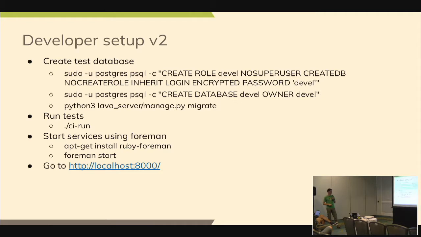You should be able to run the CI directly, and then you can use a project called Foreman, and it will start the server locally, and it will listen on localhost 8000, and you will have a local instance working, which is not hacky. It's a clean way to do it compared to my own version. And if you want to restart the service, you just kill Foreman, just Control-C Foreman start and redo it, and it's working. That's an easy way of doing it.